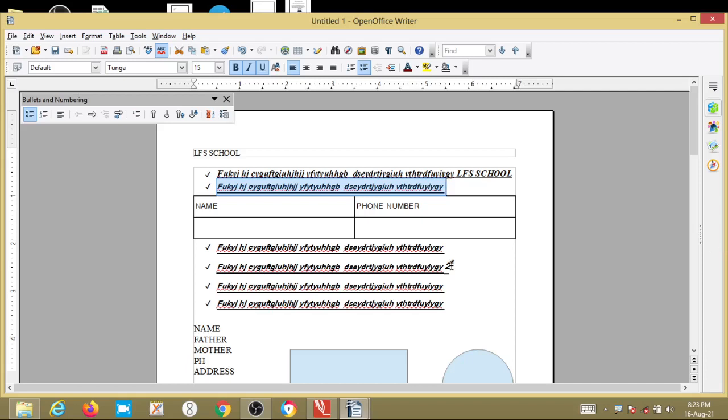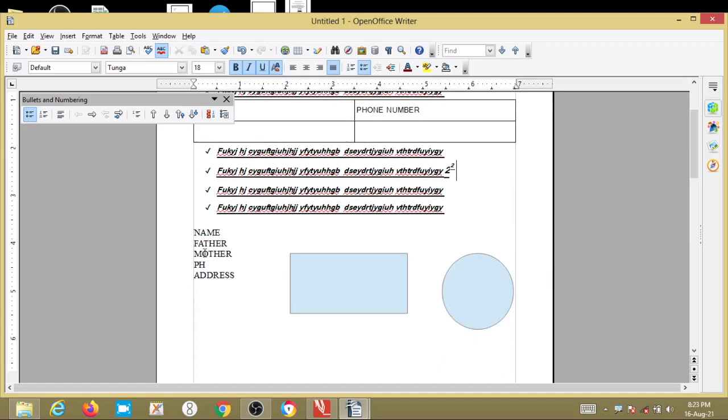Then if you want to select any particular single word, just double click on that particular word. Suppose here name is there, father, mother, address are there, these are single words, right? Name, if I give Madhu, okay, if I double click on any word in that particular line, see that particular word will get selected.